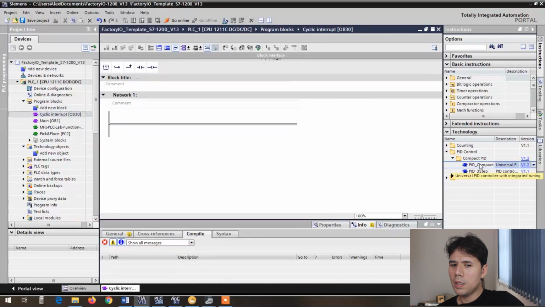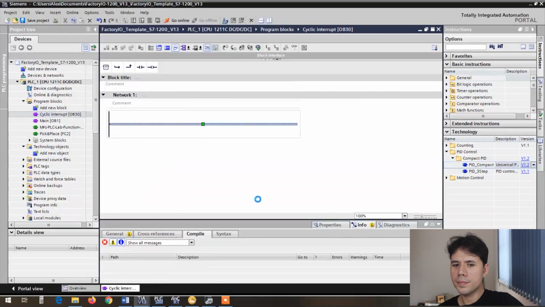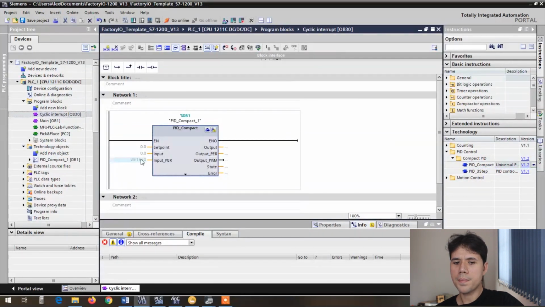So let's drag the controller inside of this block, create the new DB, set a block. Okay, so this is the PID compact block. You can see here there are three kinds of inputs and also three kinds of outputs. Set point for the reference value,